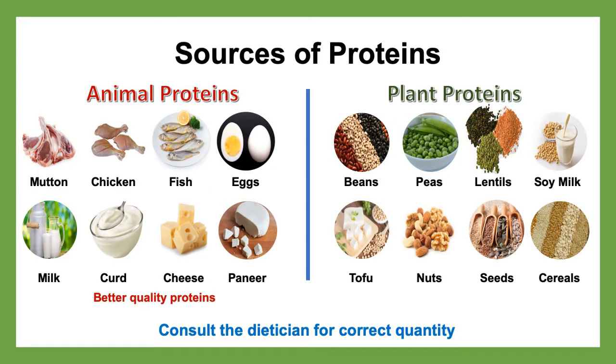Protein can be found in foods from animal and plant sources. Most diets should include both types of proteins. Animal proteins include meats like mutton, chicken and fish, eggs and dairy products like milk, curd, cheese and cottage cheese. Plant foods which provide proteins are beans, peas and lentils, soy foods such as soy milk and tofu, nuts and